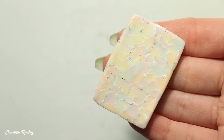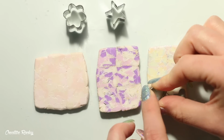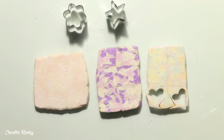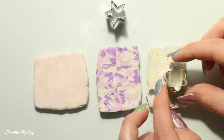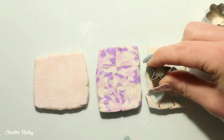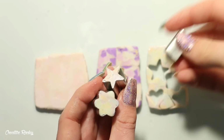So now that I have all three slabs prepared, I've got my cookie cutters as well, and I'm just pressing them into the clay to create some little jewelry pieces. I guess mine aren't actually going to be jewelry pieces, they're just going to be little gemstone pieces just to try it out. You can see here that my clay is a little bit stuck in my cookie cutters,